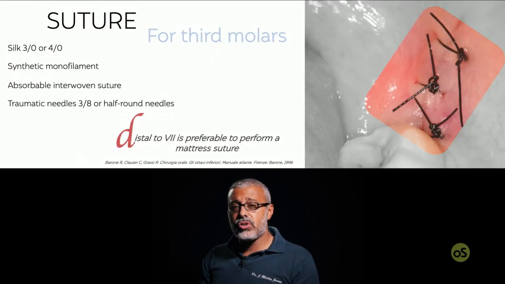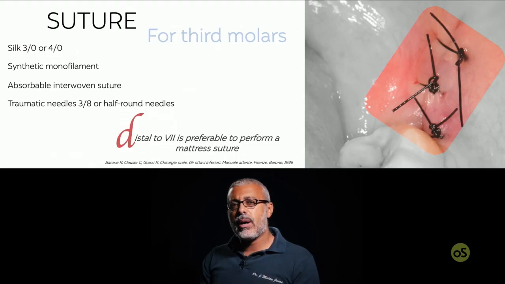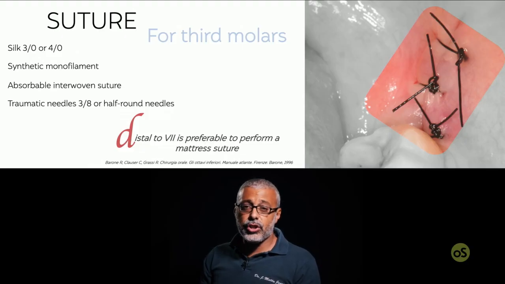So I use 4.0 silk suture if the patient has good hygiene of the mouth, if he follows our instructions, if I see that the surrounding tissues are not inflamed. In all the other instances, I use a synthetic monofilament suture. I use absorbable interwoven suture just when I know that I will not see the patient for a while, or in the upper wisdom teeth